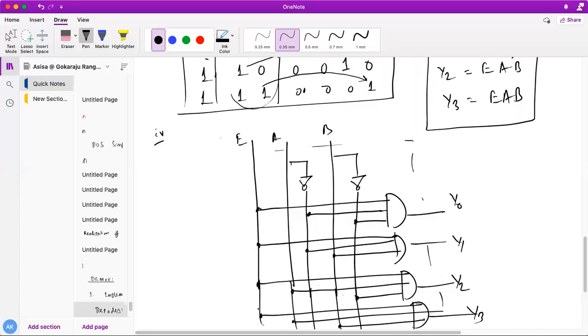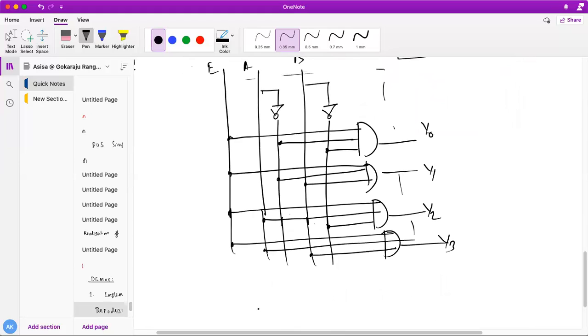Okay, so what is the similarity you are observing? Anything you are observing over here, students? Decoder and DEMUX, what is happening? The internal circuit remains same. Do you all see here in DEMUX also we will be having 4 AND gates? If you see a 1:4 DEMUX, how many AND gates do we require? We also require 4 AND gates. So the internal circuit is this one.